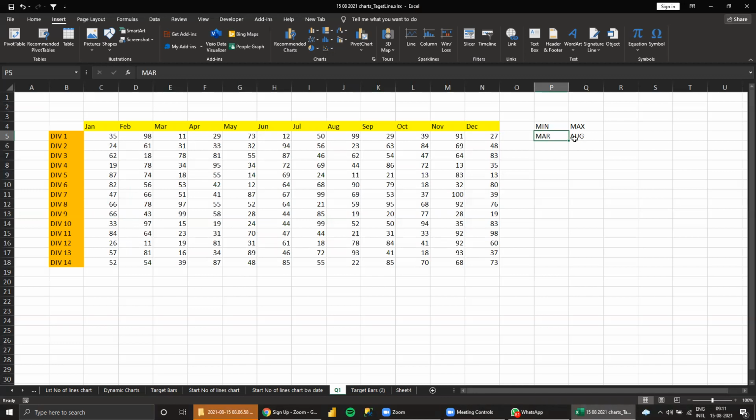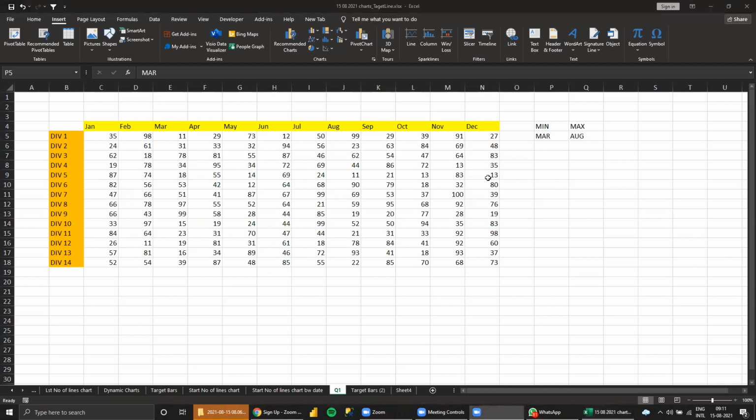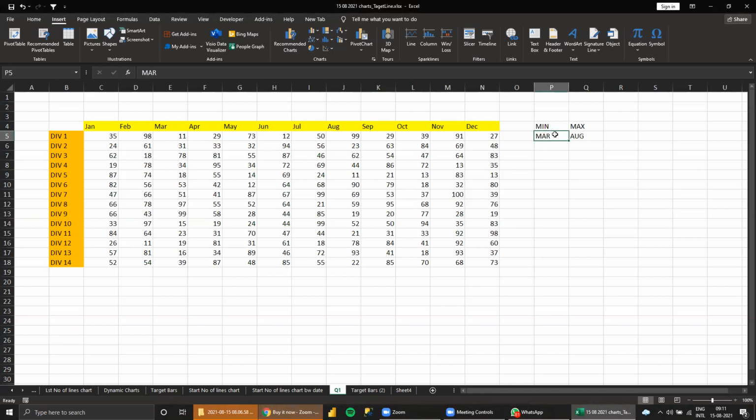Anand sir is requesting two or three commands. One he wants minimum, one he wants maximum, and when he wants minimum, the date month should appear. So obviously there are two or three formulas, not one. It is a combination of formulas, but this formula copied across will work.